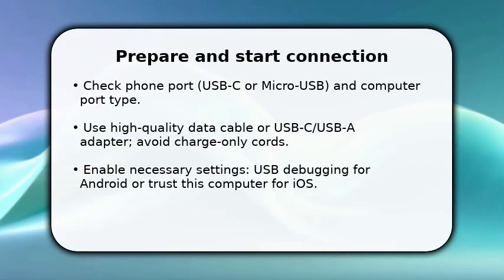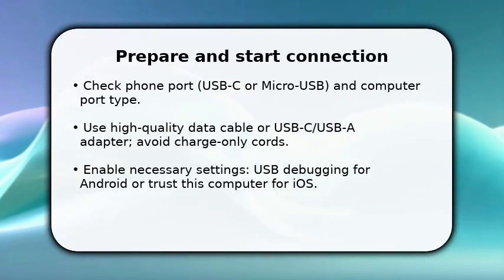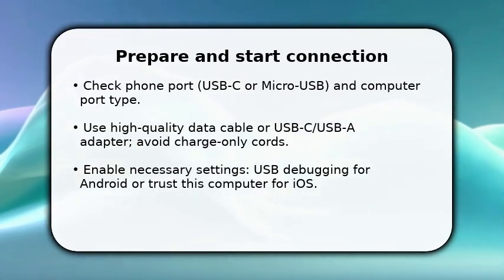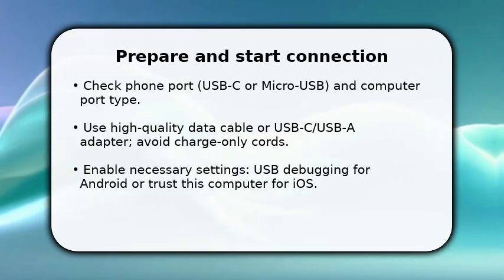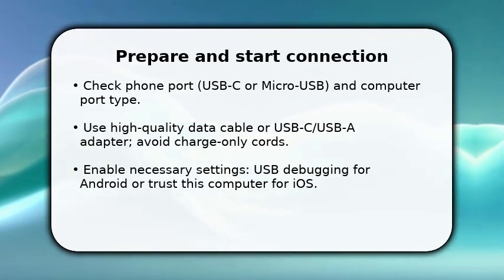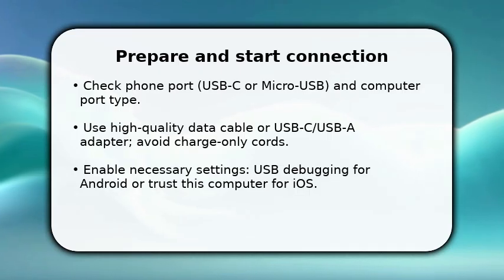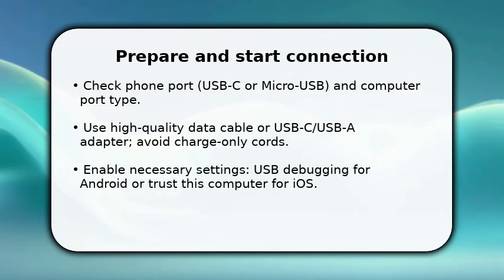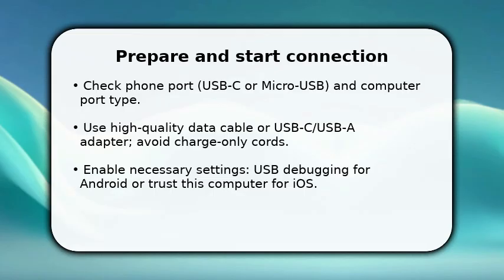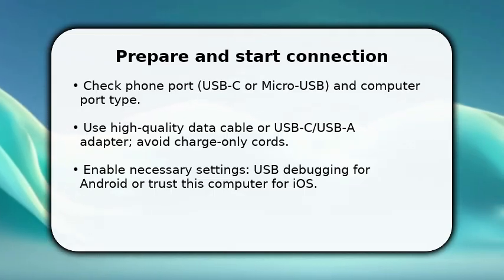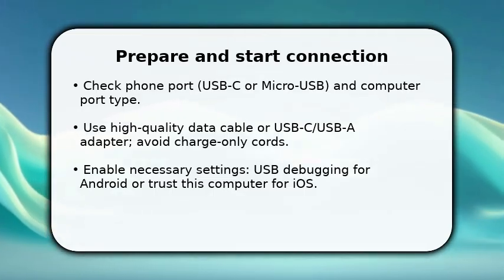You begin by matching hardware and settings so the connection will actually work. Identify whether your phone uses USB-C or micro USB and pick a data cable, not a charging-only cord, because data lines matter. Turn on USB debugging on Android when you need file access or developer tools, and on iPhone tap Trust this computer when prompted. Once done, have the receiving device ready, computer, tablet, or OTG peripheral, so you can plug in and move to